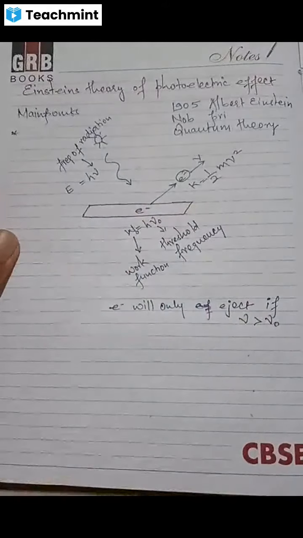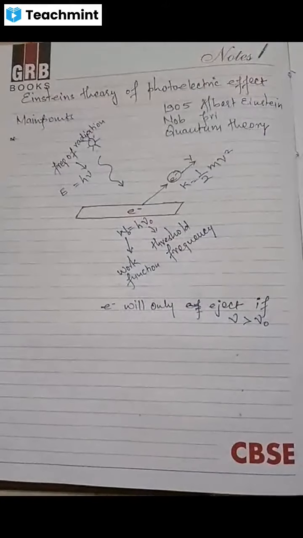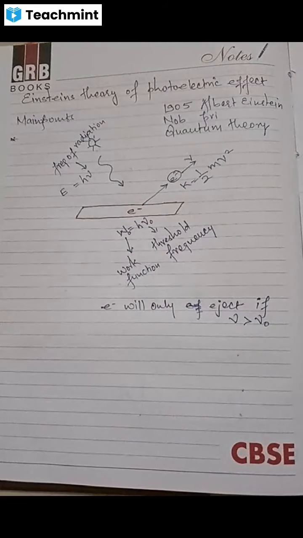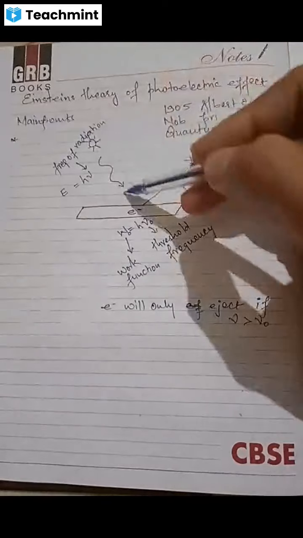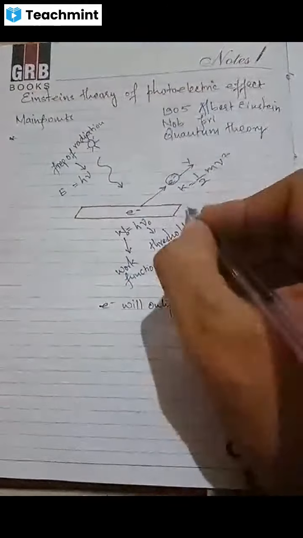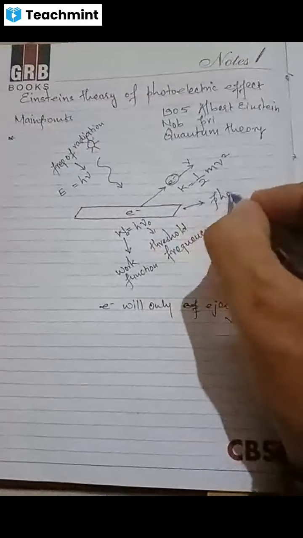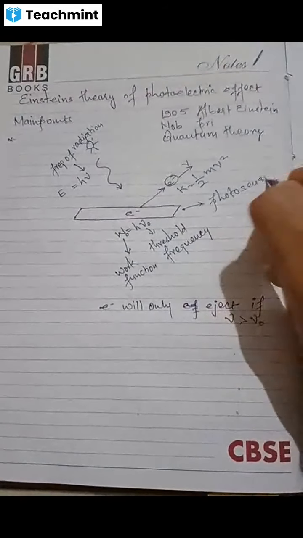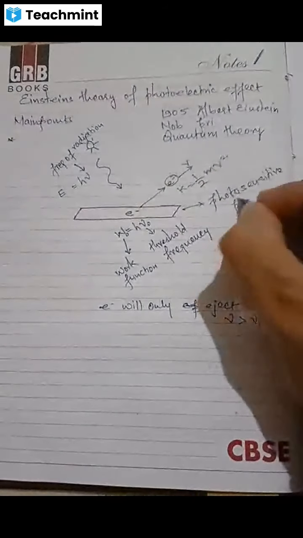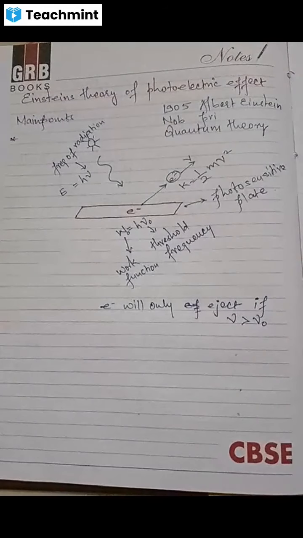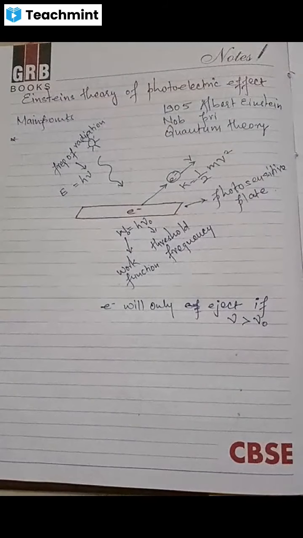So the first thing they told you is that photoelectric emission is the result of interaction of two particles. The first particle is a photon, which is coming in the form of solar radiation. The second is the photosensitive plate. Photo means light, sensitive means it is sensitive towards light. So when these radiations strike the photosensitive plate, these electrons will get ejected out. Now the first point you have already understood.